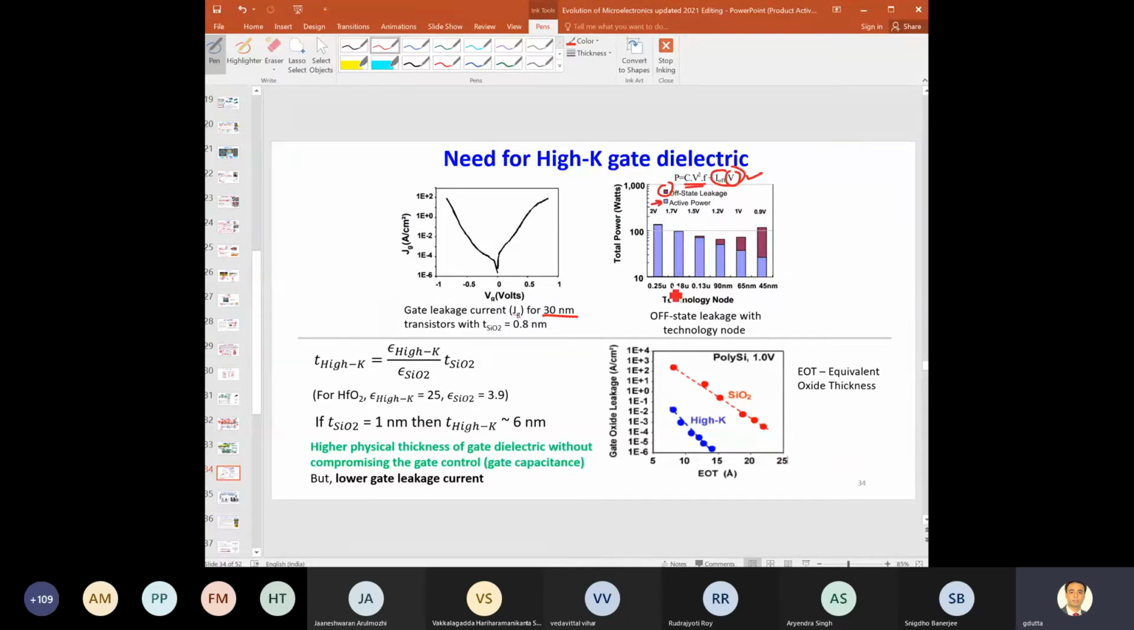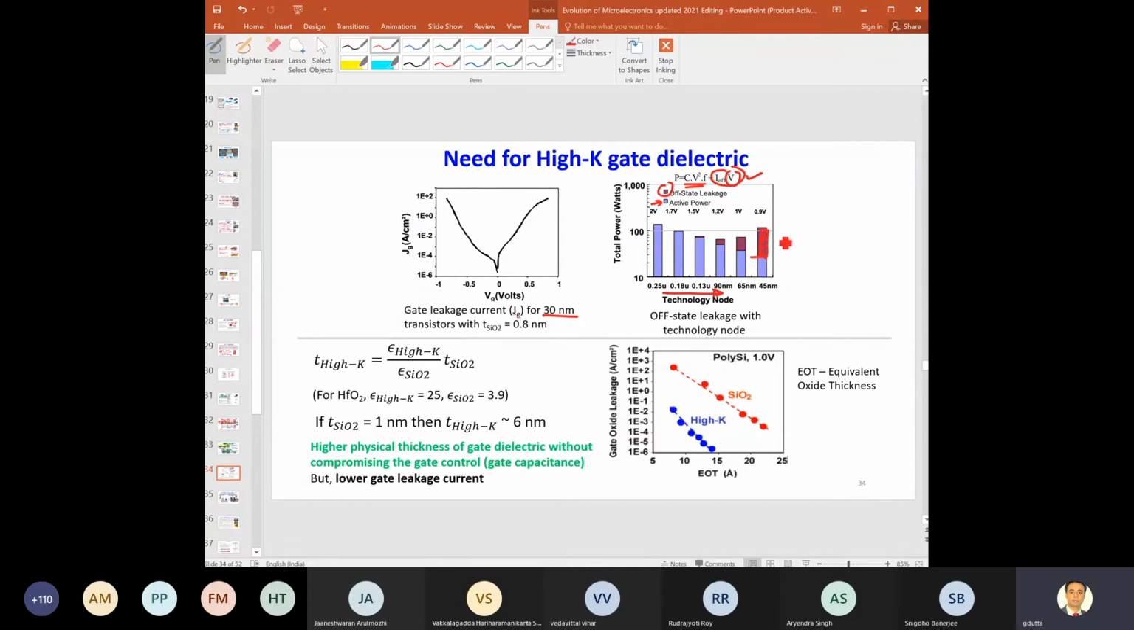But as you reduce the gate length and shrink the device, your active power dissipation gets reduced, but at this 45 nanometer technology node, see your off state leakage. Due to this leakage, there will be power dissipation, right? That plays a major role. So we have to do something